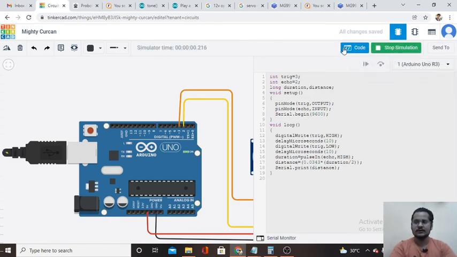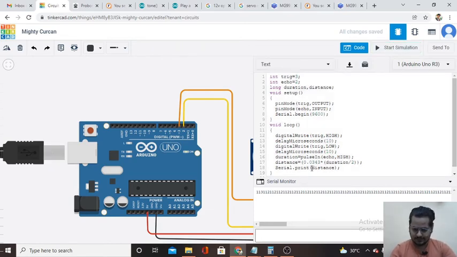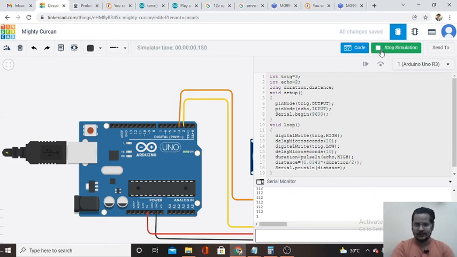No, there is no error. Now we'll open the serial monitor. Very nice. So we'll do one thing, Serial dot println. First we will stop because it is printing in a horizontal line. Serial dot println. Now let's see again. Yeah, now it is fine.